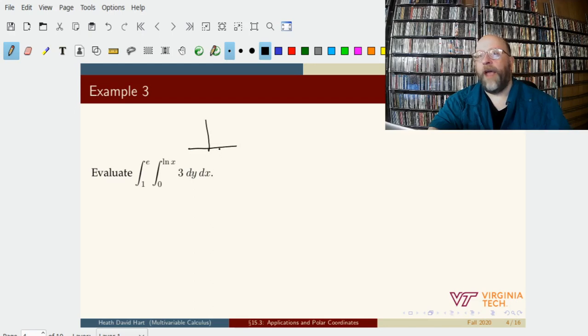Right now, the x-coordinate goes from 1 up to e, and the y-coordinate goes from 0 up to the natural log of x. Well, natural log of x looks like that. Natural log of 1 is 0, and natural log of e is 1. And so this is the region we got here. If we set this up in the other order,